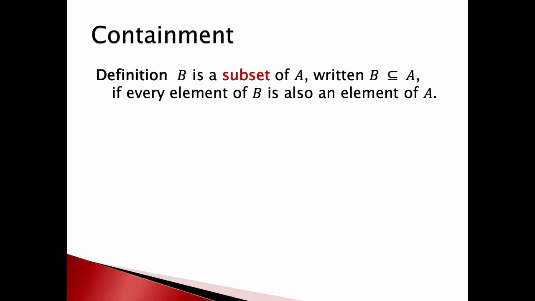So B is a subset of A, which we would write as B, and then an elongated half oval, underlined. It's meant to look kind of like less than or equal to, but instead of a sharp sideways V for less than, it's a long oval. And if you're used to what less than or equal to looks like, it's supposed to imply that B is somehow smaller than A. What this means literally is every element of B is also an element of A.